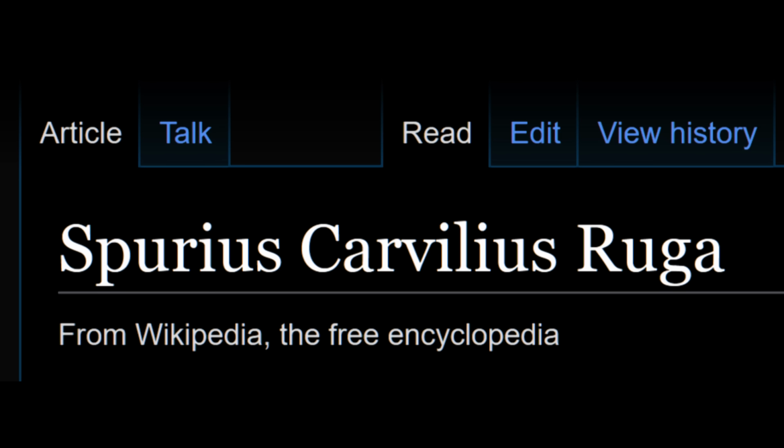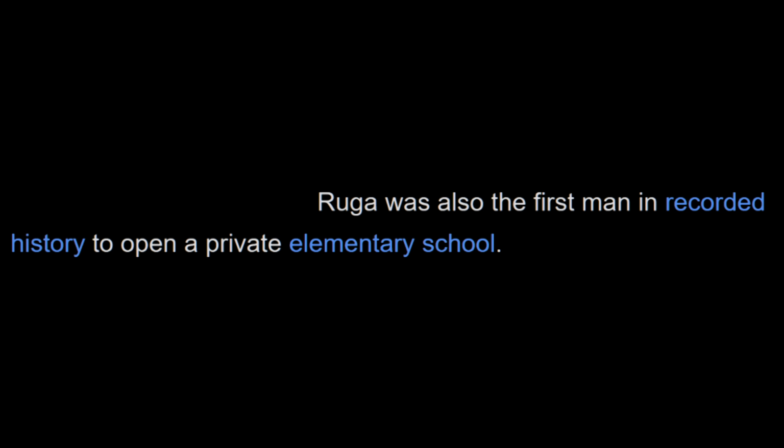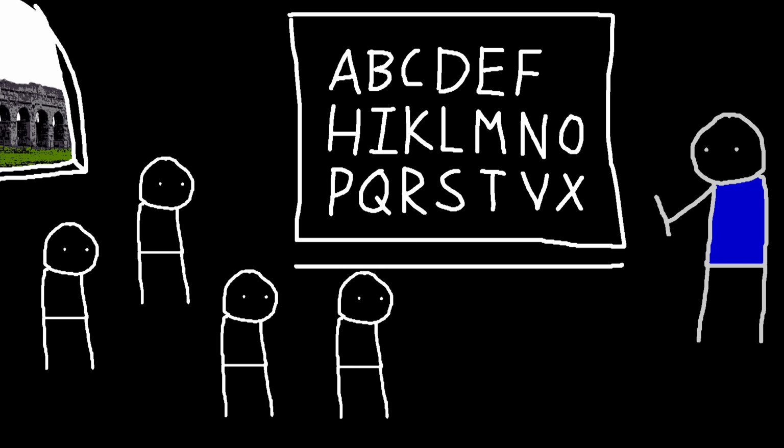Yes, apparently, there were elementary school teachers in the Roman Republic. Wikipedia confidently claims with no inline citation that Ruga was the first person in recorded history to open a private elementary school. This put him in a uniquely powerful position. Ruga was one of the first people to ever be responsible for teaching the Latin alphabet to a group of children. In the process of teaching the alphabet, Ruga became extremely aware of a flaw with the design of the alphabet itself,